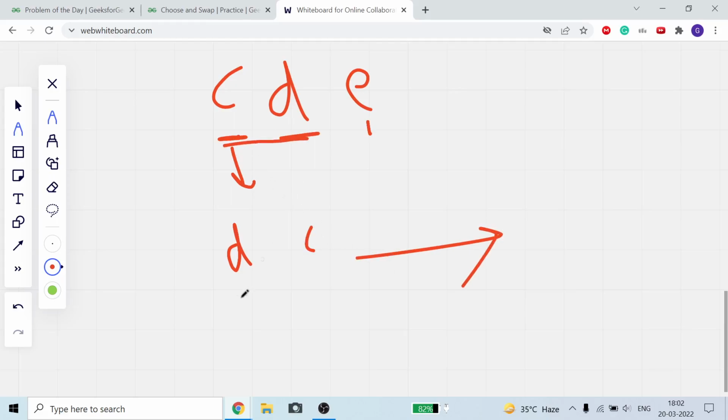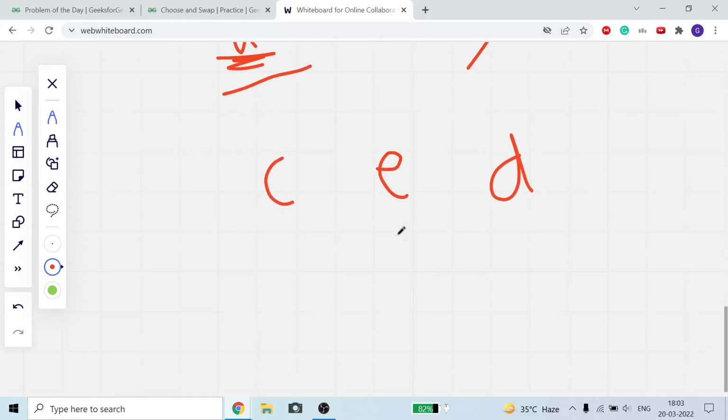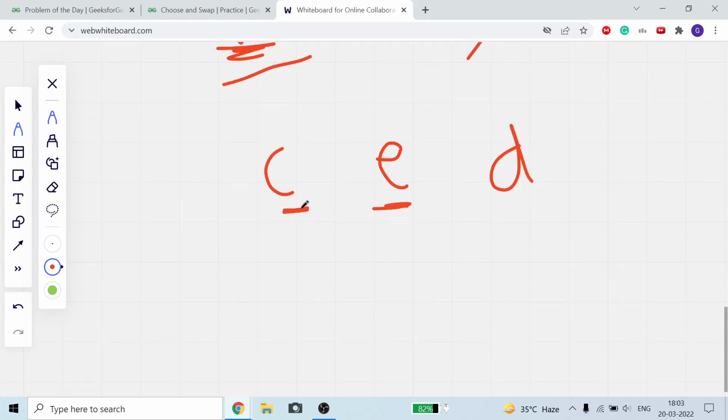But in these two characters, our string will not become lexicographically small, but it will become maximum lexicographical, because it is starting with c and the other is d, so we cannot swap it. But suppose it is c e d, or suppose if this is a character, then for c it does not have any character. For e we cannot take c because c comes before e, so we will not take c, as our string will increase lexicographically.